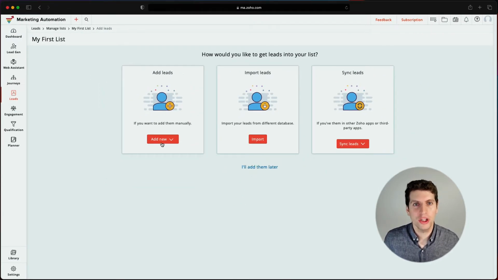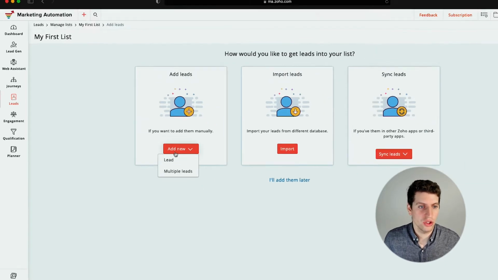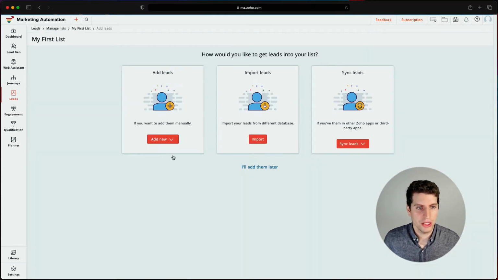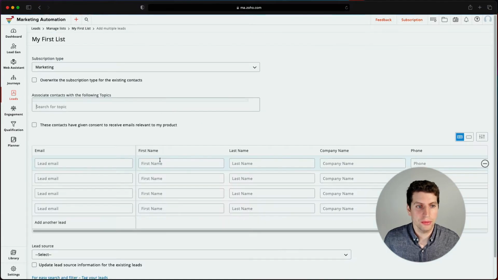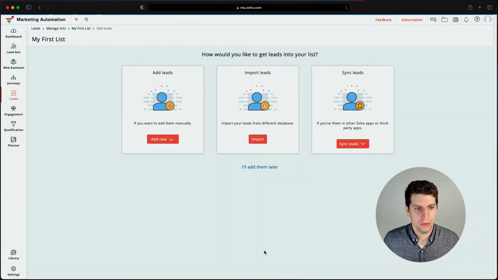In this tutorial though, we're going to be going through what it looks like when you add via a manual method. So I'm just going to click add new. I can click lead or multiple leads. This just gives you the option to add multiple at once. And this just really gives you the option to add one at a time. So let's just go with the lead option here. It's going to give us a whole bunch of information that we can then add in, but we can also go back and click multiple leads here. So this allows us to input many names all at once and fill in any of this information that we deem as most relevant. So I'm going to go back here.